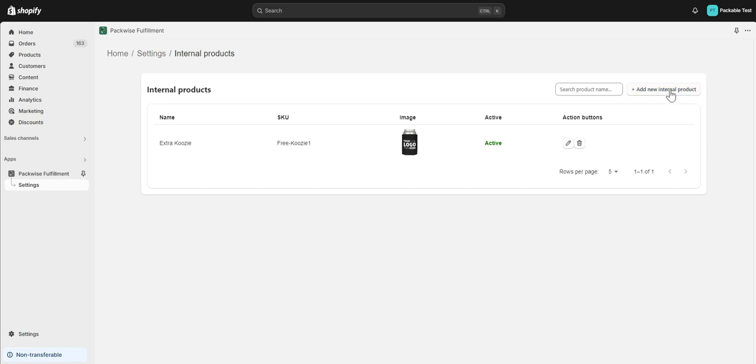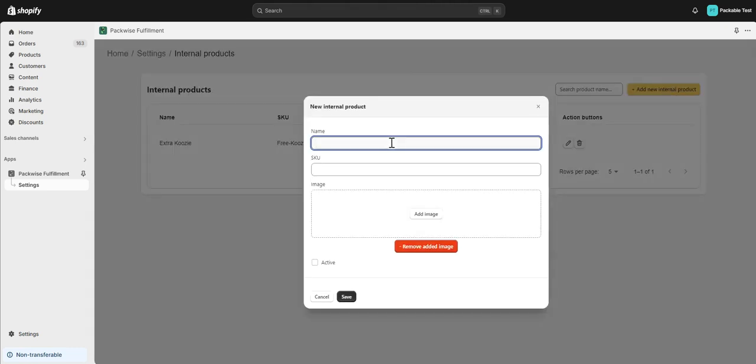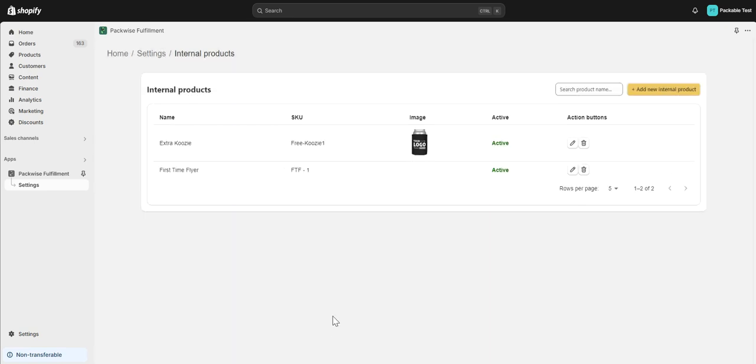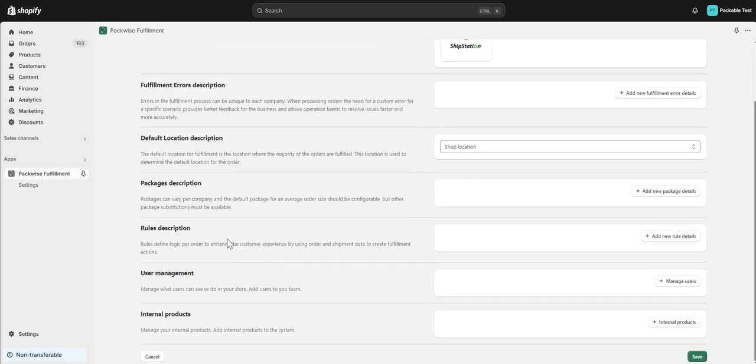If we needed to add something else as a flyer or something like that, let's call it first time flyer. You could add first time flyer one as the SKU, add an image, make it active, and there's your first time flyer. This can be set within the rules section, and based on the orders as they come in, the